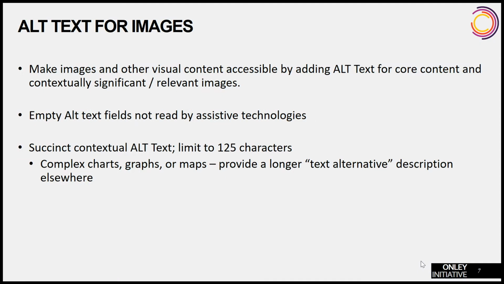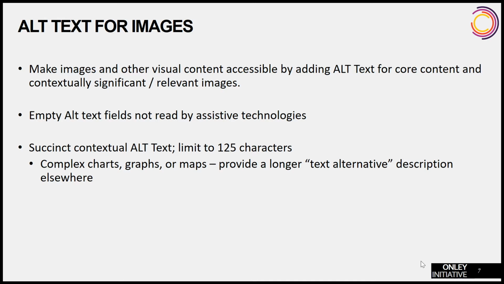We need to ensure that images and any visual content is made accessible by adding succinctly descriptive alt text for all images that are core content and contextually significant or relevant. Keep in mind that an image with an alt text field that is left empty is ignored by assistive technologies. So alt text needs to provide the person who is blind or the person with vision impairment or low vision a description that gives them enough information to understand the importance and relevance of the graphic content in the context